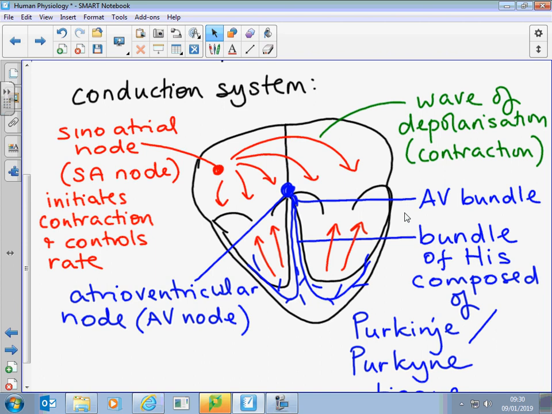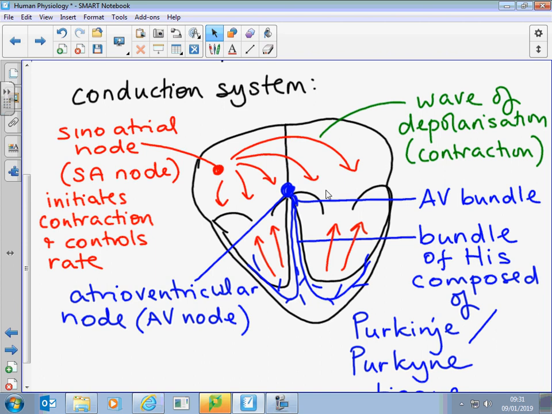In doing so, and this is where I now need to pick up, the valves back to the atria will close, but the valves out of the arteries will open. And we're going to start looking at how the valves open and close and the relationship with pressure changes, heart sounds, ECG traces and all that sort of thing. But I have already got that recorded elsewhere, so I'm not going to continue the recording for that bit on here.